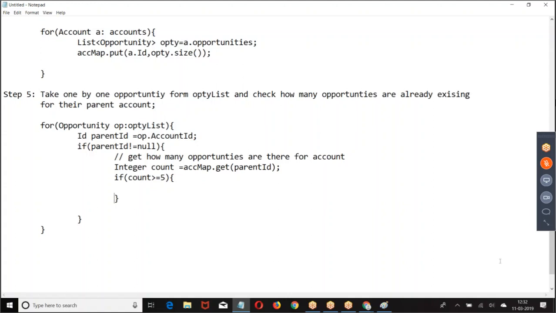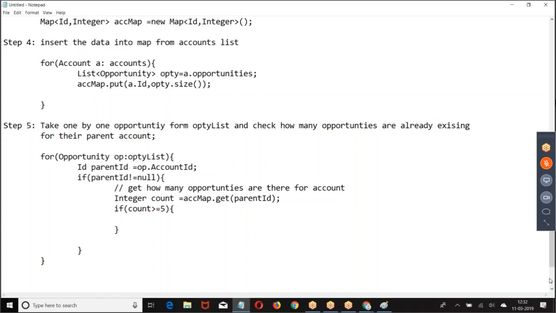Now every trigger is what? Bulk trigger. Why? Trigger will always consider that you are inserting a group of records. So every trigger is by default a bulk trigger. That is the reason trigger.new will give you a group of records. I hope you are good. This operation is performed before the data is saved to database. Clear for everyone? That's all from my end. See you all in the next session.